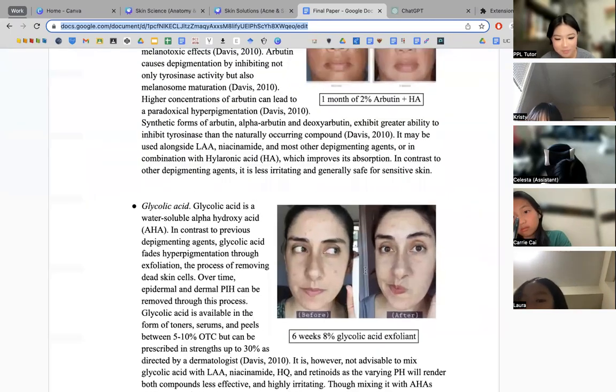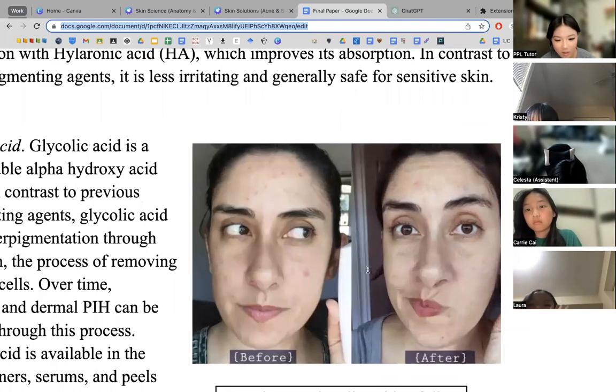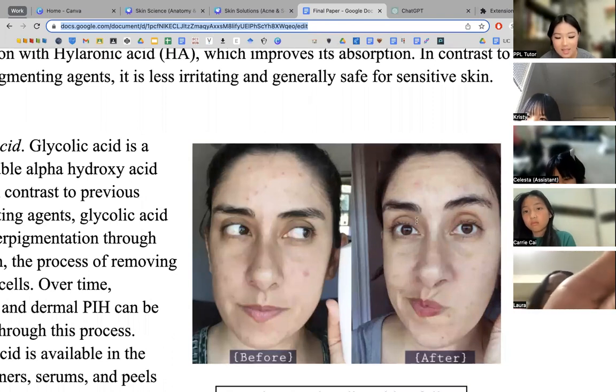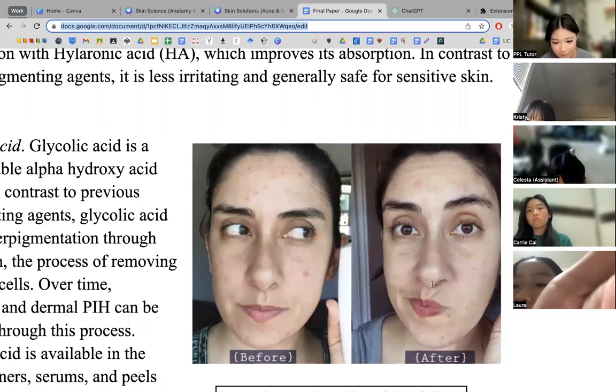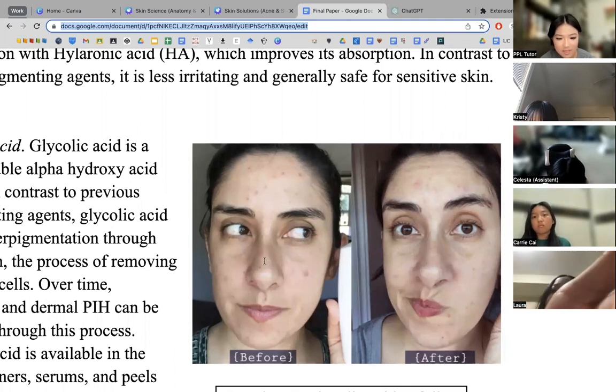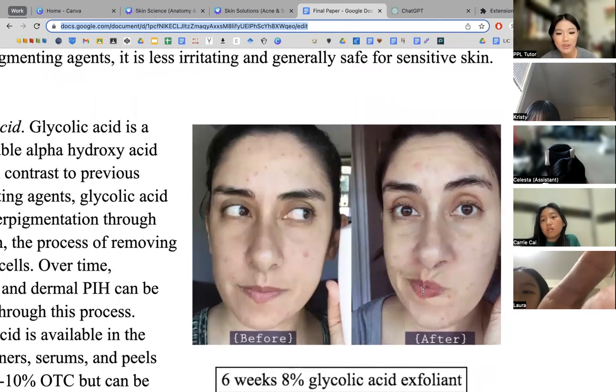So it's, I guess it's less noticeable of a difference, but you can see that a lot of her blemishes and imperfections got smaller in size, and she has fewer of them. So this is just one thing I like to incorporate, because you have to use a toner anyway. So like, why not use one that's going to help with the exfoliating process? So that's what I always do.